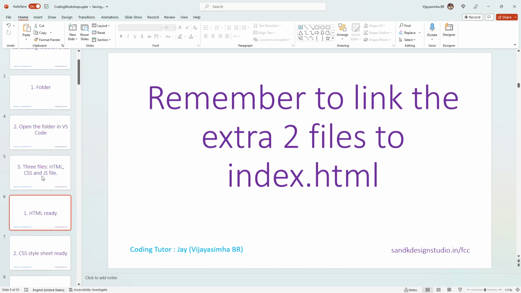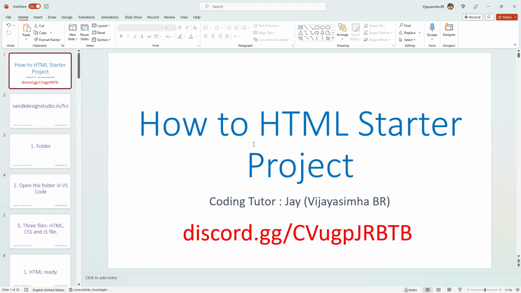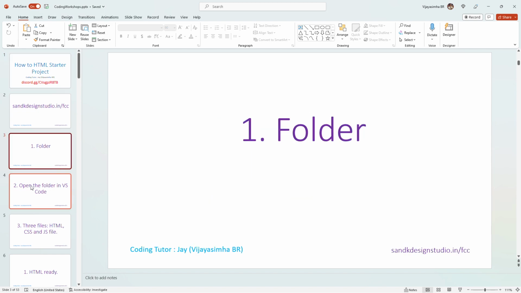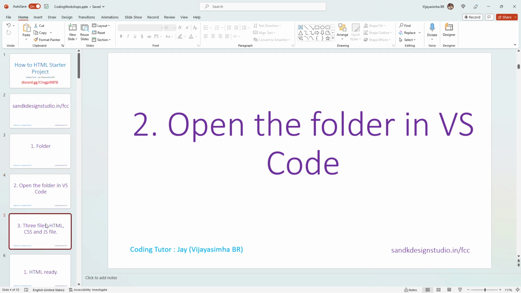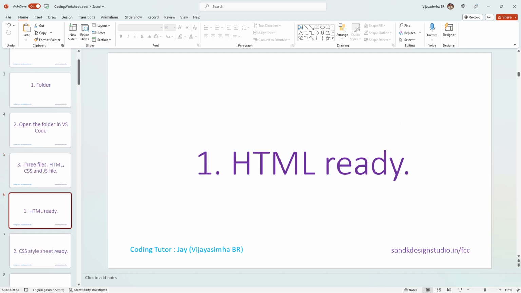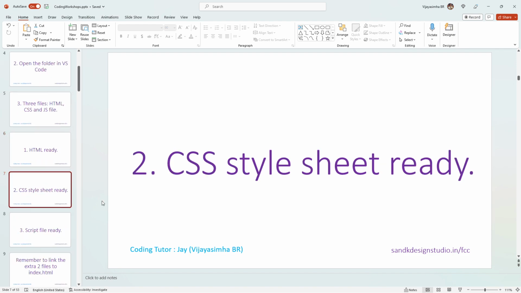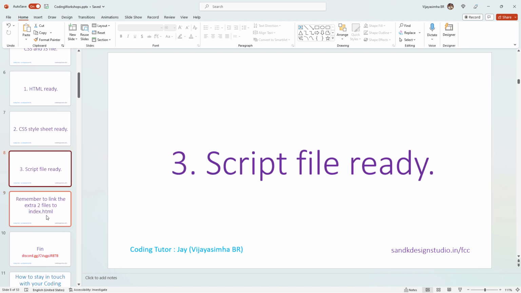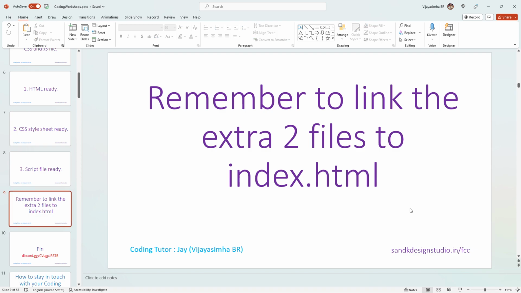So to summarize, the easiest way to build your HTML starter project is, first step, create a new folder, and then open the folder in VS Code. There you have to create three files, HTML, CSS, and JS file. Create the HTML file, create the style sheet file, create the script file, and finally, don't forget to link them up in your